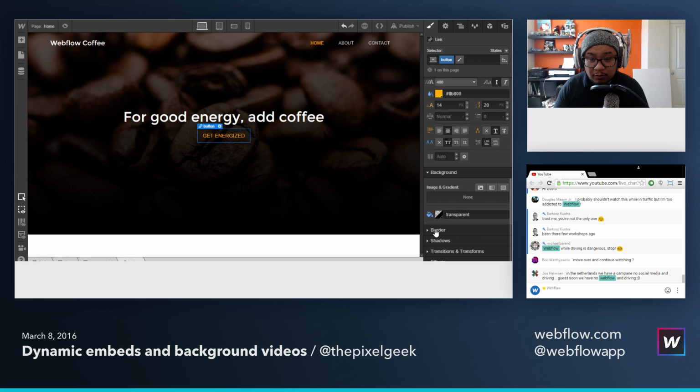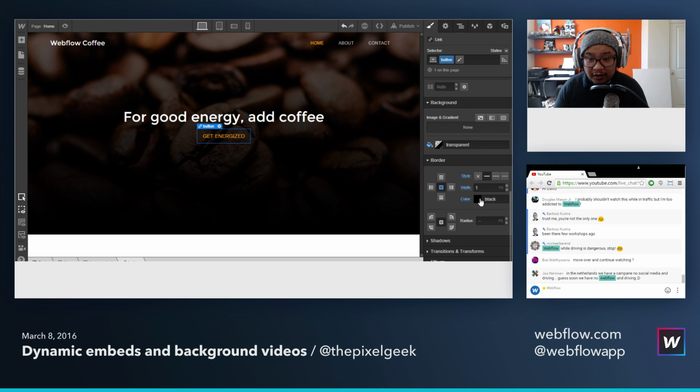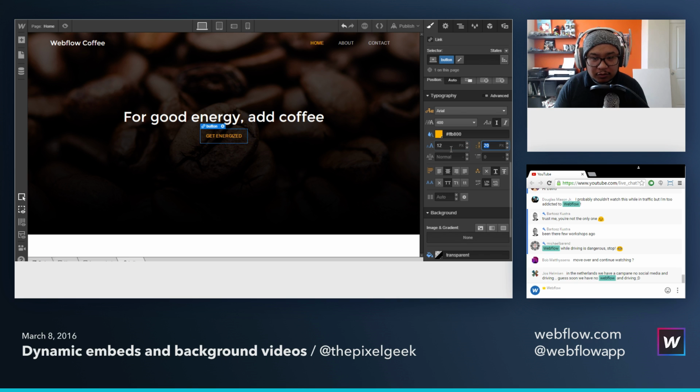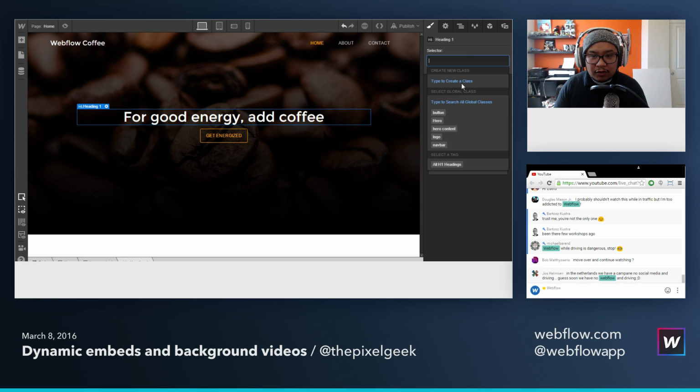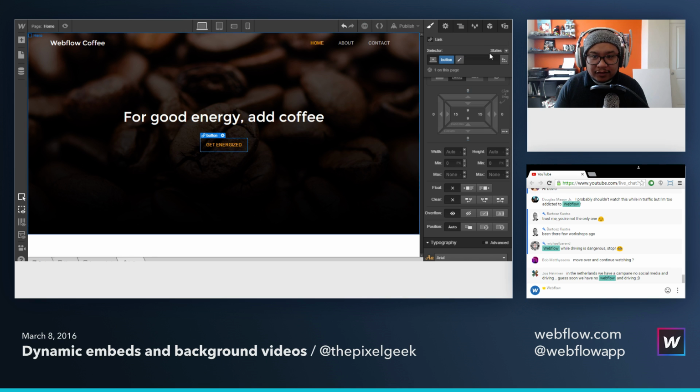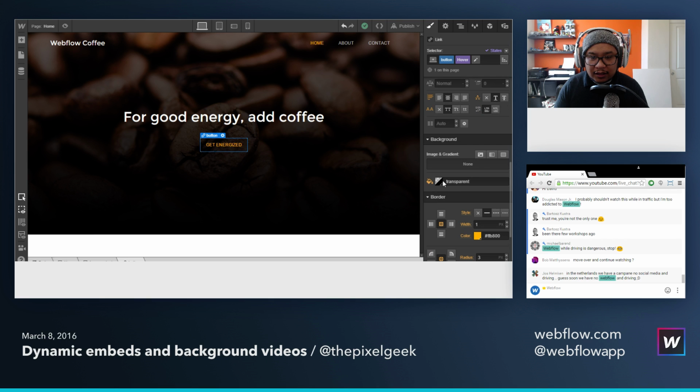And for the border, I'm going to set that as 1 pixel orange and round out the corners, say 3 pixels. All right, there we go. Actually, that font size should be a little bit smaller. There we go. And this right here, I need to push the button away. So I'm pushing it away. There we go. And lastly, the hover state of this guy,